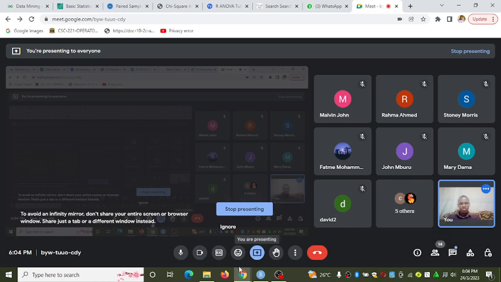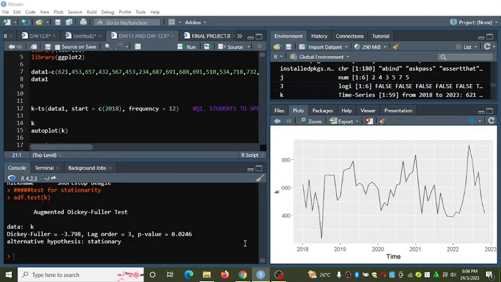Okay, let's continue. Now, what we use in statistics or in computers to reject or fail to reject the null hypothesis is the p-value. By default, the computer uses an alpha of 0.05. That is a 95% confidence level. So that is the default alpha used in statistics.